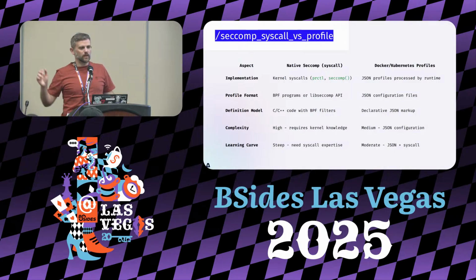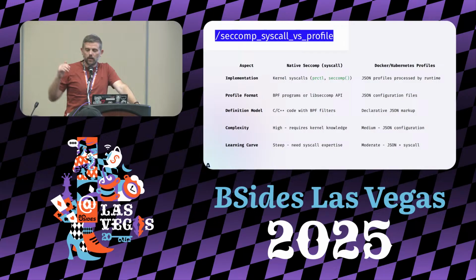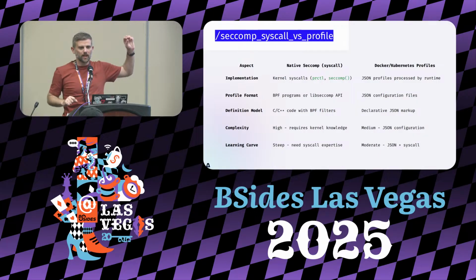You have to deal with BPF instructions and everything. It's hard, complex. Most people need to invest a lot of time to learn it. On the other hand, in the containerized environment, it's not really a programmatic implementation, but you're just defining these JSON configurations of, like I told you before, when this system call happens with these arguments, what to do. That's it. The format is